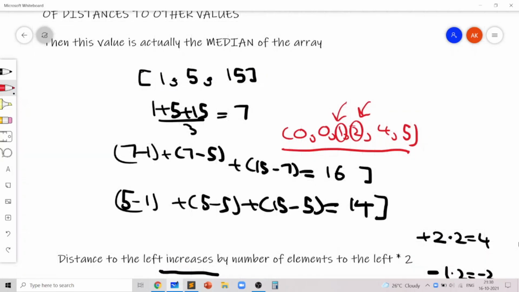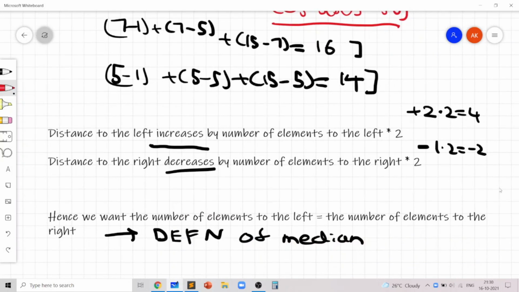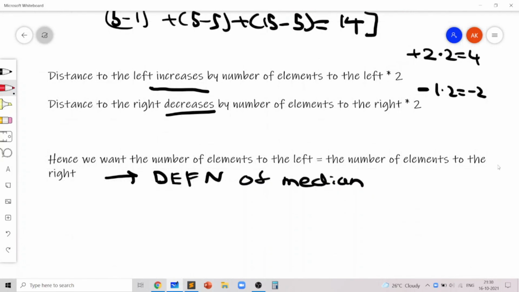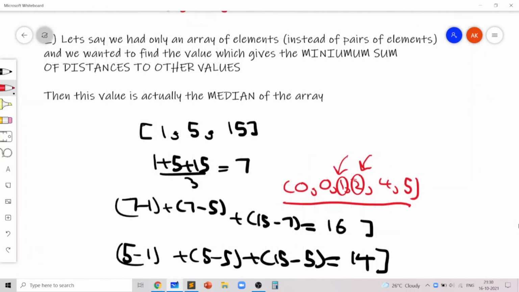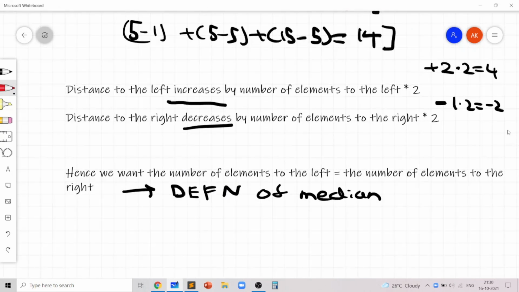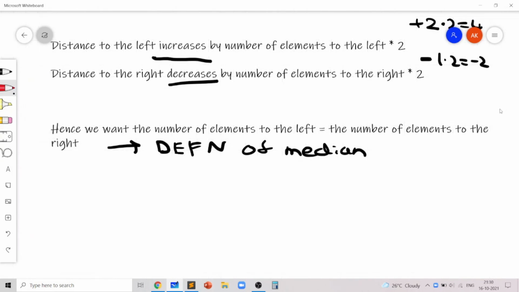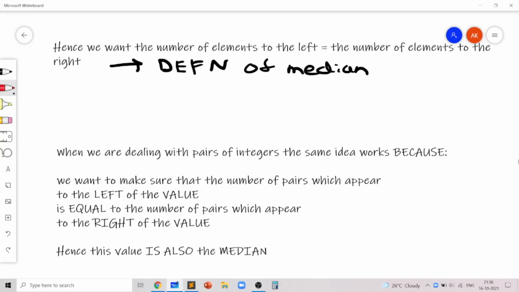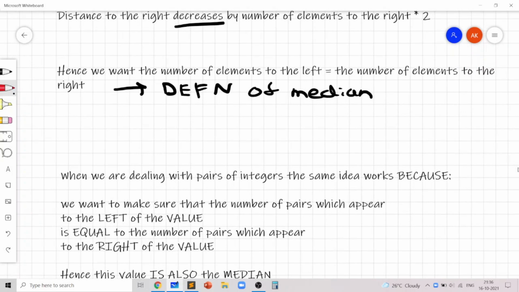And now let's prove why this also works when we have pairs of values. So far we saw that if we just take single values, then we minimize the sum of distances, and that's what the problem is asking us. But actually the actual problem is a bit different, where we need to find the minimum sum of absolute values to pairs of indices.